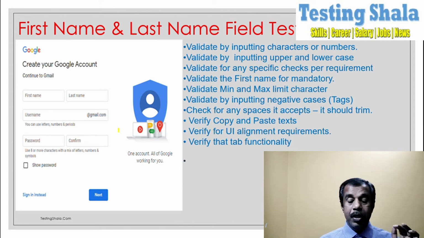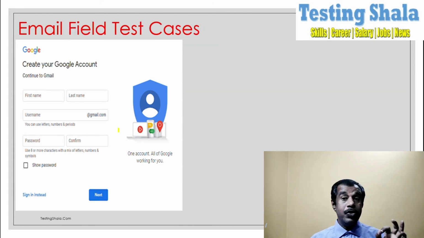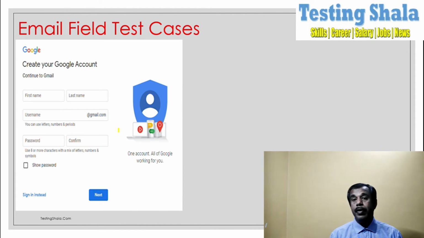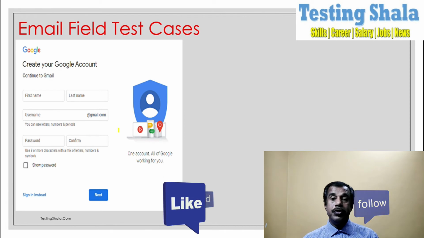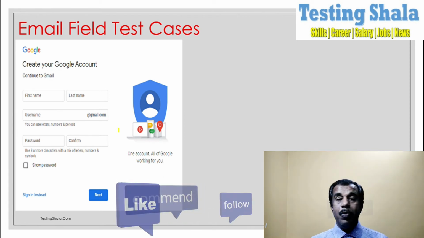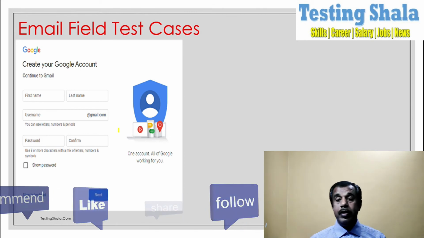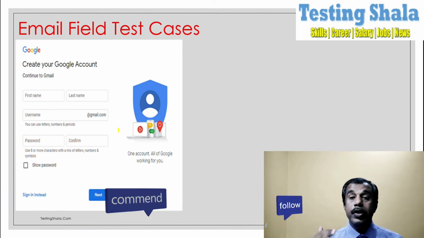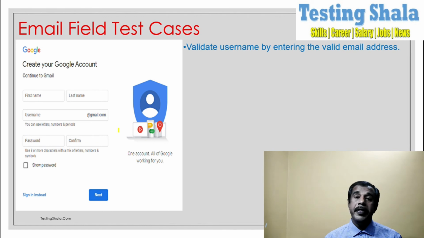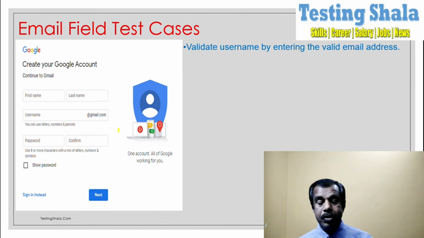The next thing is we will validate the username, which is an email altogether. So this is an account. Whenever I try to create an email ID, I will be giving a username, which is very crucial. Let's see what validations we can make for the username. So here we will be validating the username with a right email ID.